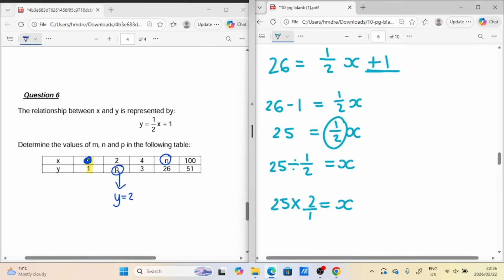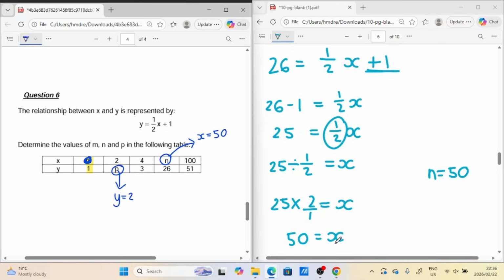That is going to be 50 is equal to x. So in this case, n is 50. So when x is 50, then y is 26. So this one is just, they give you an equation and you just got to substitute values in, either the x value you sub in or the